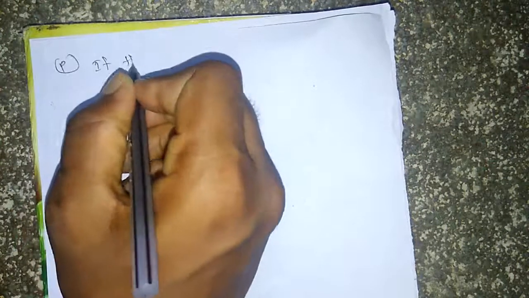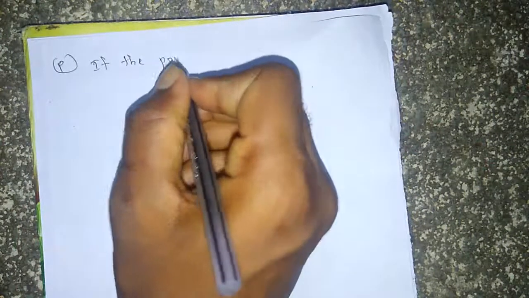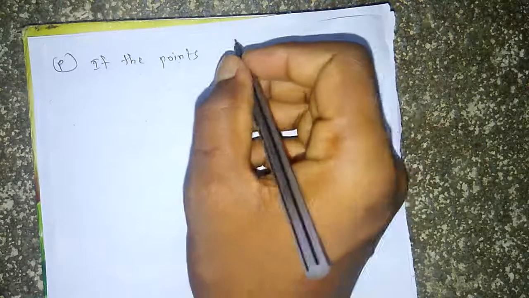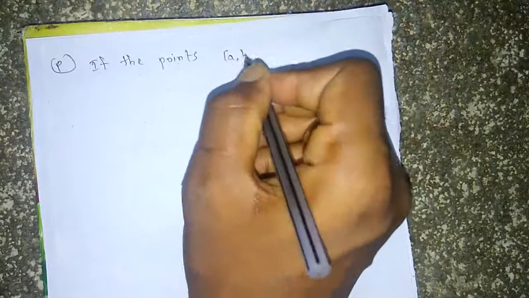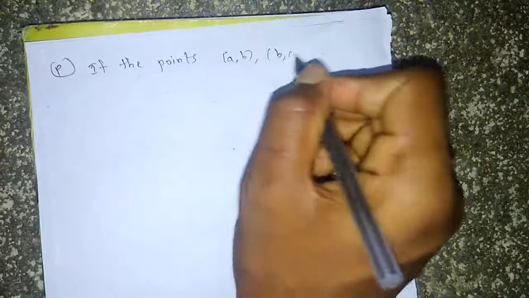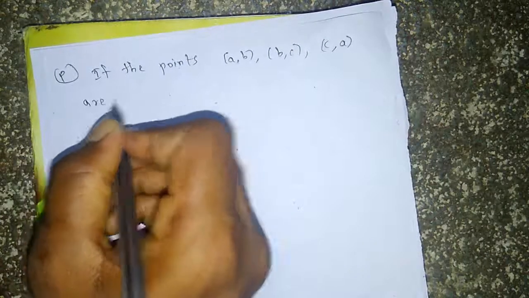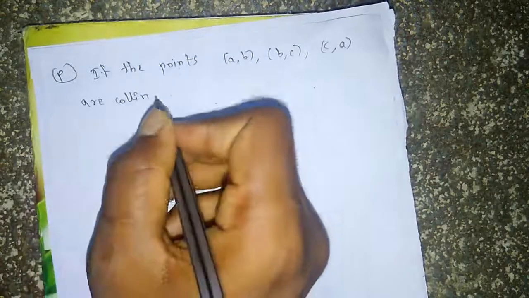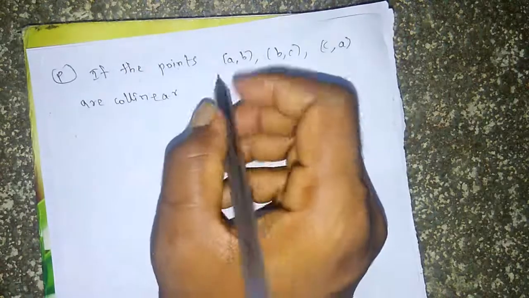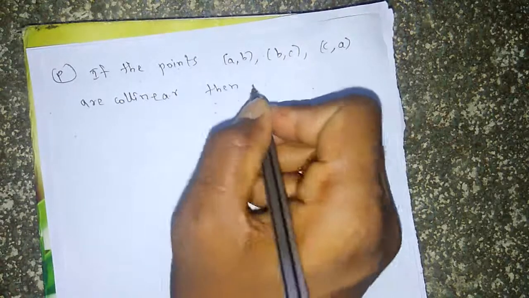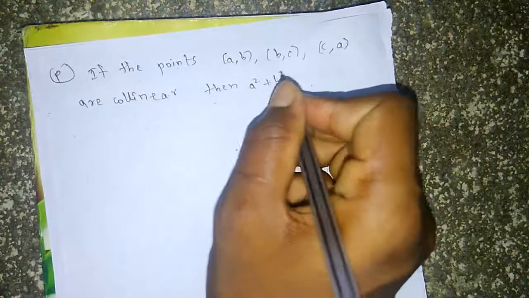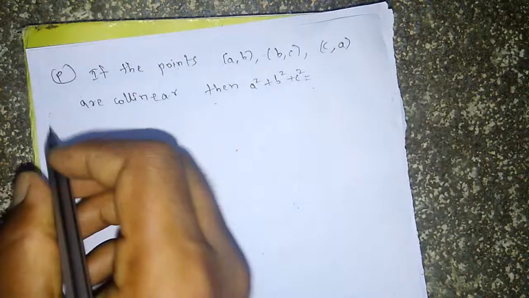Our next problem is, if the points (a, b), (b, c), (c, a) are collinear, then a square plus b square plus c square is equal to,